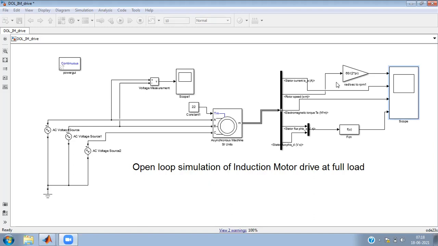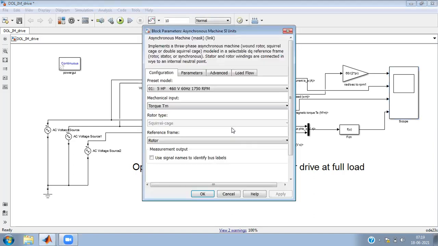This is the model for open loop simulation of an induction motor drive, as if we are connecting it direct online. This model is available in the model library, asynchronous machine. You double click it and you will be able to see the different parameters. You can select a preset model, or if you do not want a preset model, you can specify the parameters.